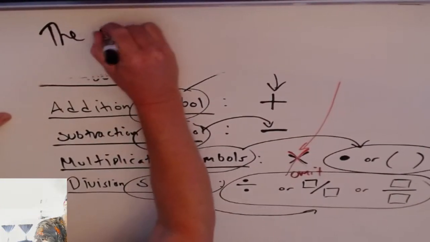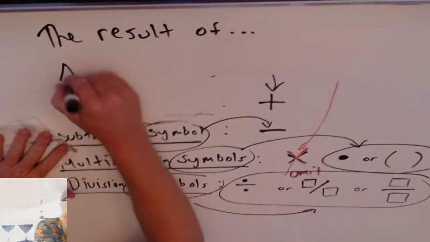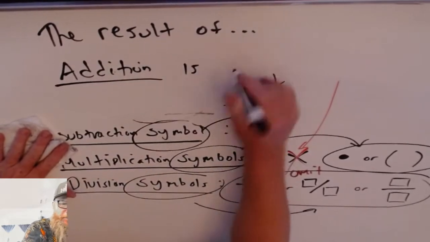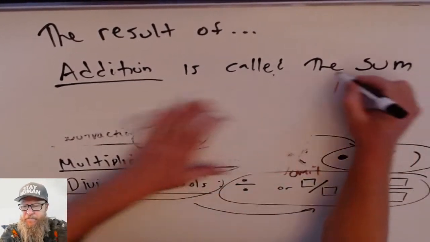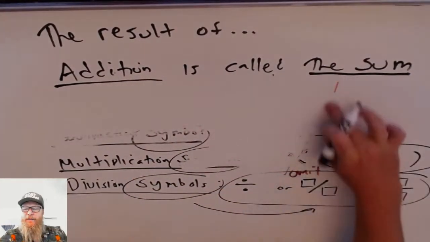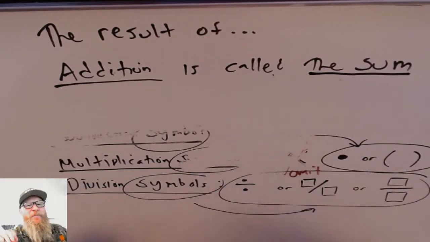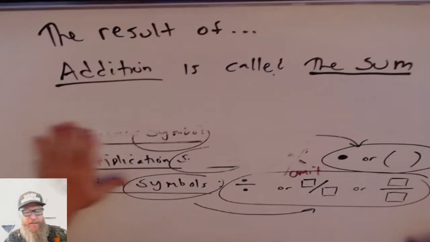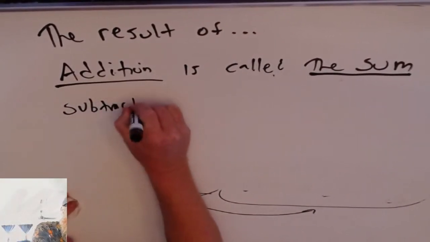So the result of addition is called the sum. Again, we don't say that the symbol is called the sum. The symbol is just called the addition symbol, but the result, after you've actually done it, we call the sum. The result of subtraction